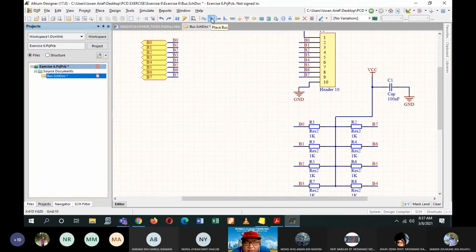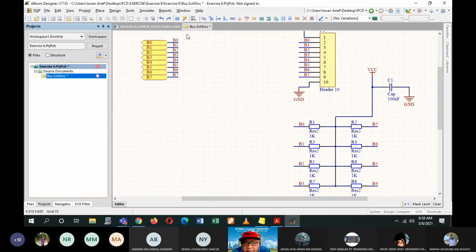We are going to use this function after this, but before that, I want you to click on place bus entry at each of the nets just now, at the end of each net for B0 until B7.